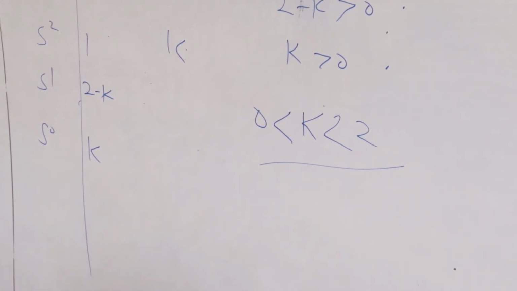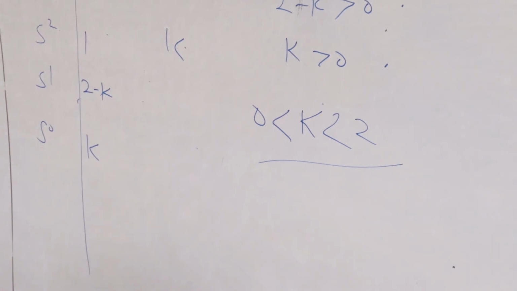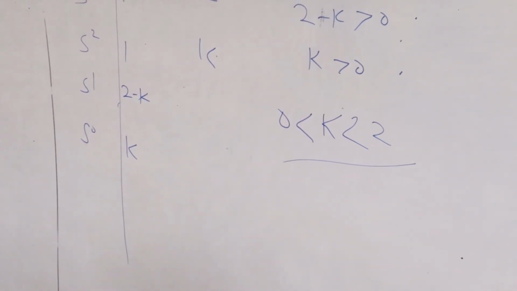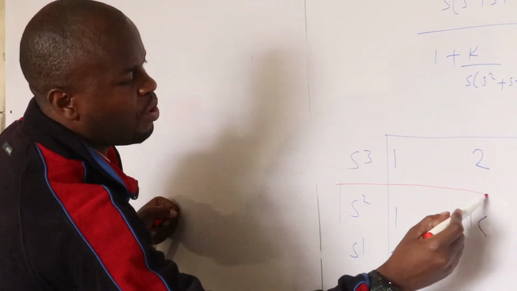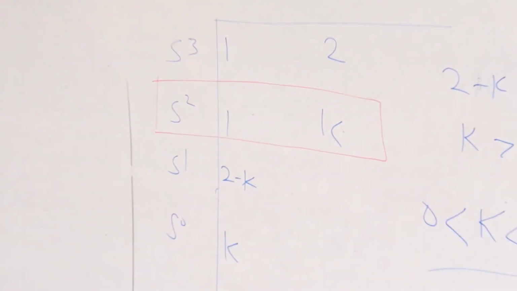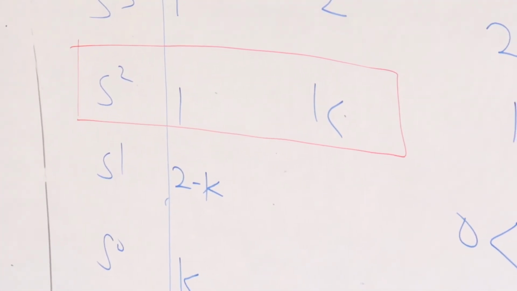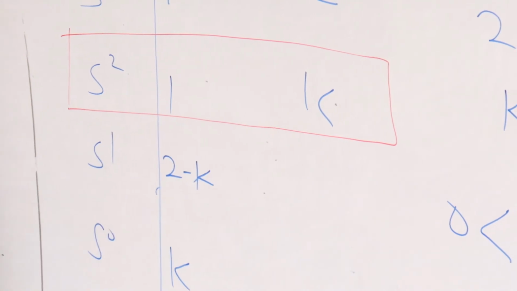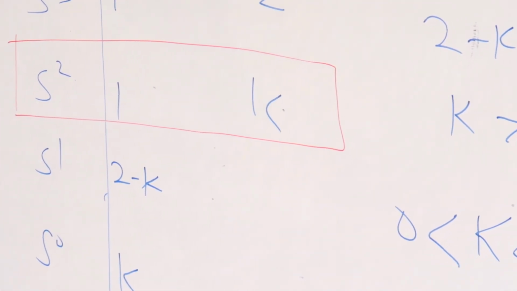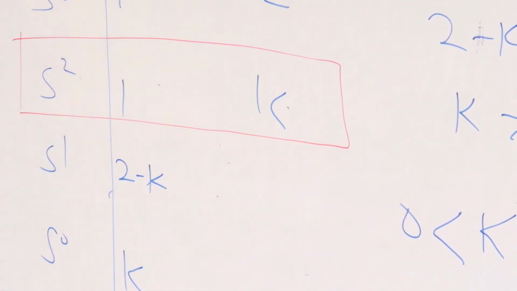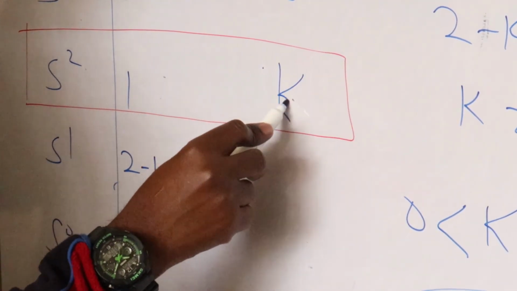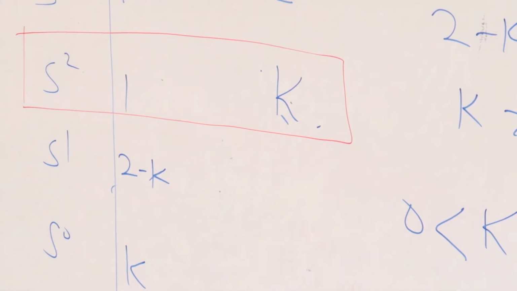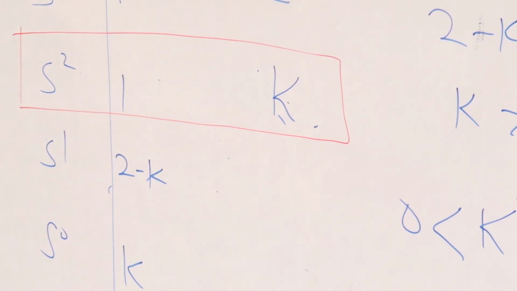And now we can go ahead and look at what we call the oscillation frequency. So what do we do about the oscillation frequency? For the oscillation frequency, you are always supposed to come to the S squared term. Then rewrite that equation, and you take the highest value of K. So if we write that equation and take the highest value of K,